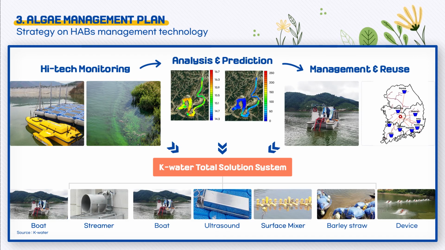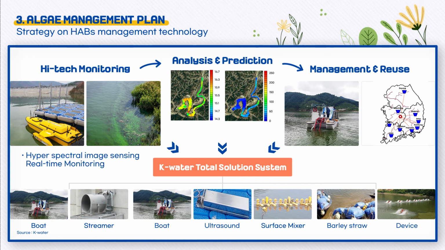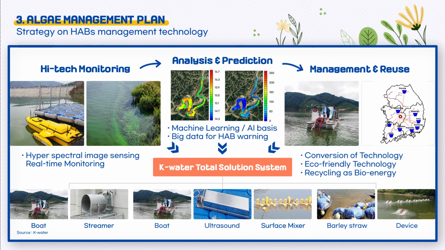As you can see, K-Water has established an optimum total solution system. The strategies for algae management are continuously being established through general technological development, such as technology for obtaining real-time monitoring data in every basin, analyzing and disseminating the obtained data for predictions and decision-making purposes, and lastly, converging the obtained unit technologies, upgrading to eco-friendly technologies, and reusing energy production in order to ultimately establish a decision-making system for algae